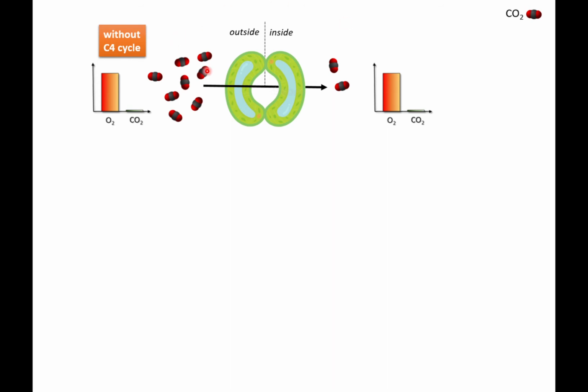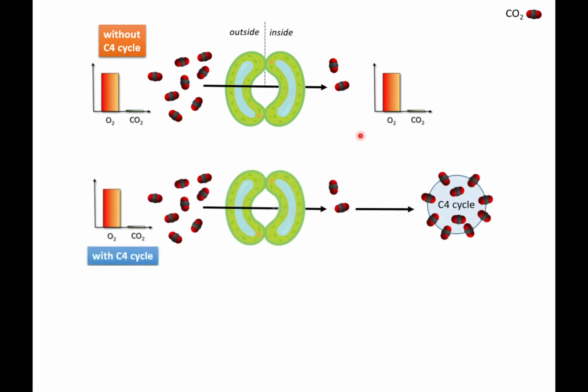Now, with the C4 cycle, which I'll show you in the next slide, some plants have a way to bind this carbon dioxide as soon as it comes in. So let's say this is open for a few minutes. When this carbon dioxide comes in, it immediately gets bound through the C4 cycle. By doing that, they keep the inner concentration of carbon dioxide low, which means this flow keeps going and going. So for the limited period of time in which the stomata are open, so that there is no water loss, they can bring in a lot more carbon dioxide